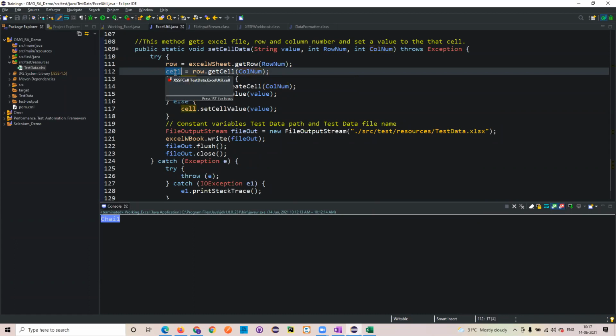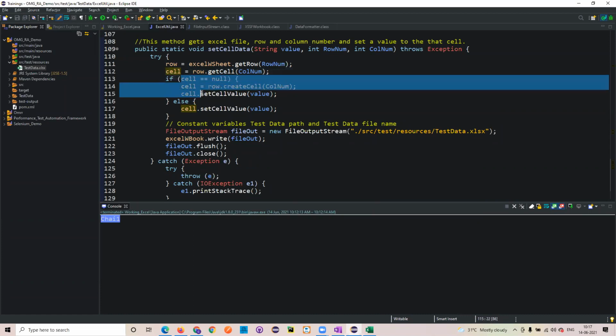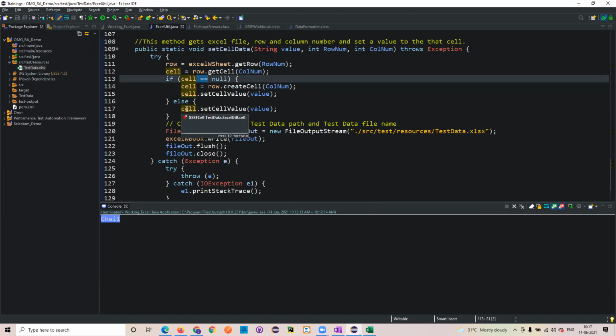I need to enter the data. I got that particular cell number. Now if you see here, first I wanted to check whether the cell is null or not. So first I'll be checking that with the double equals comparison operator, whether this particular cell is null or not.